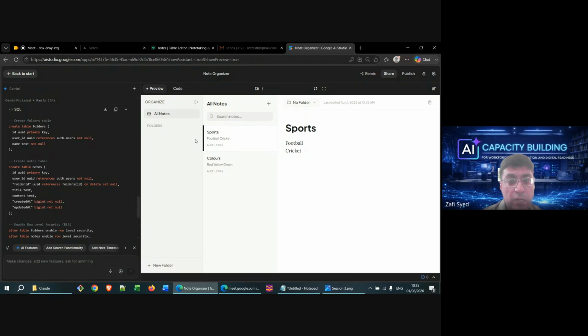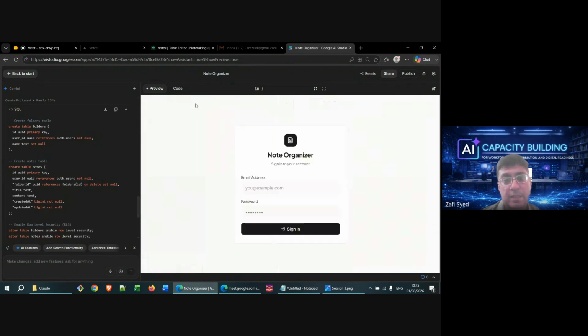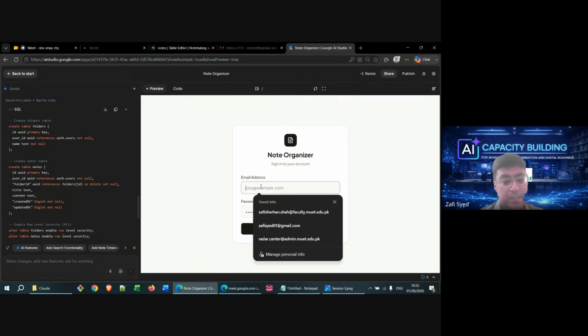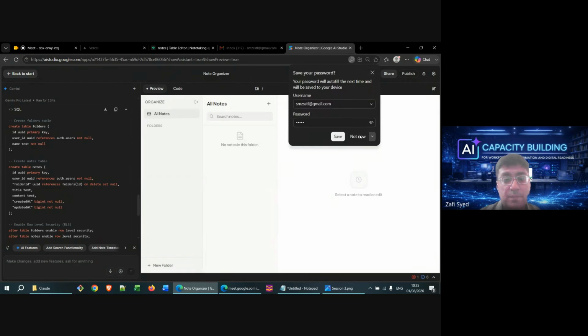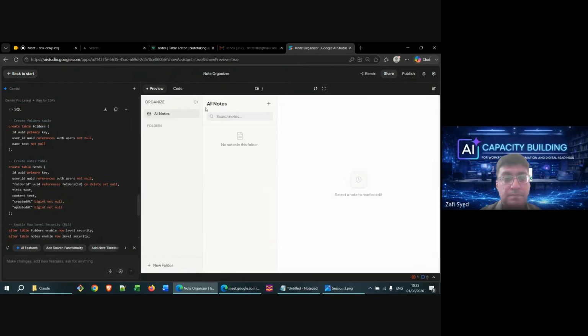So if we were to log out, does our app even have the log out feature? It has. So let's say we are signing out and then we sign in again. You will see our data being stored.